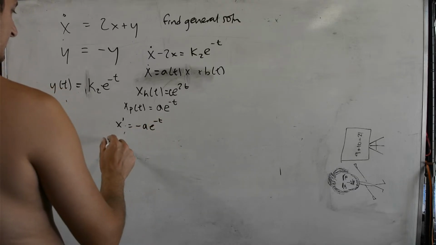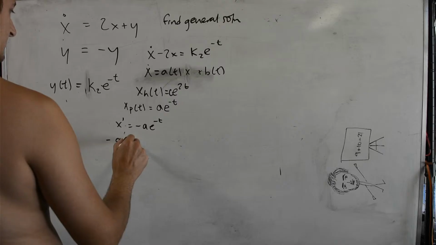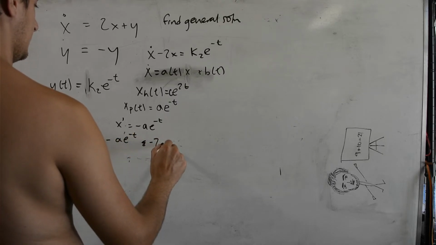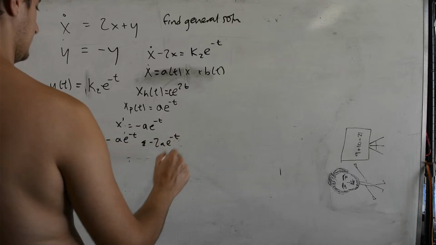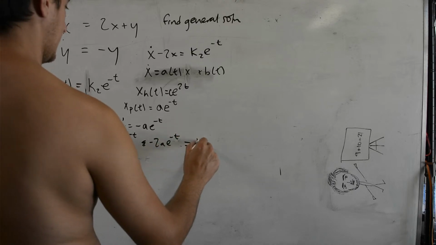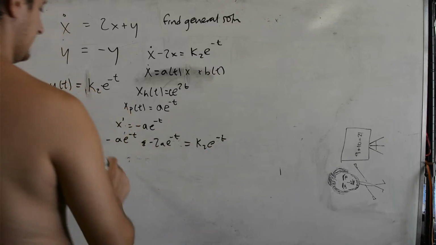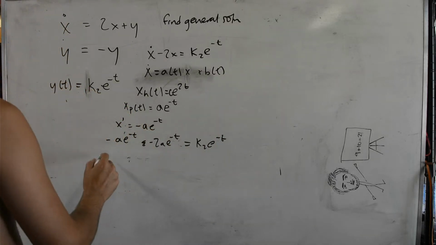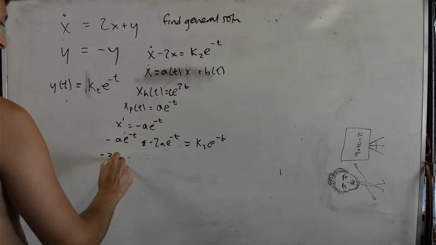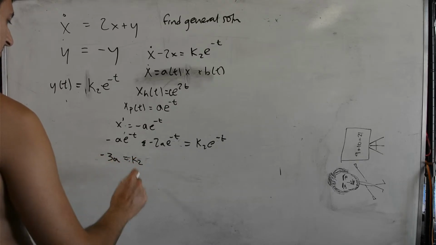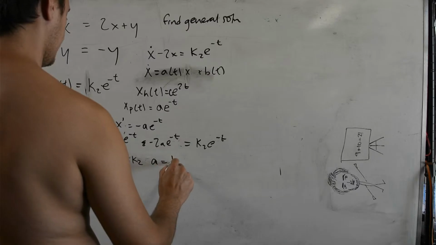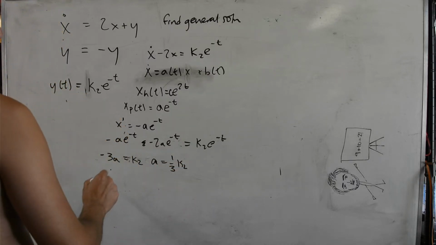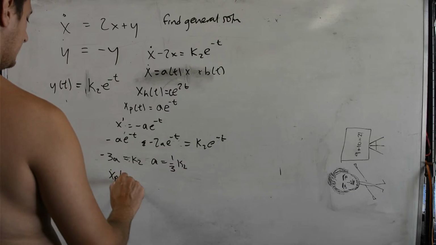Then you get minus a e to the minus t minus 2a e to the minus t is equal to k2 e to the minus t. Now you can rewrite this by factoring, and you get minus 3a is equal to k2. A is equal to minus 1/3 k2. So then our particular solution is going to be xp of t is